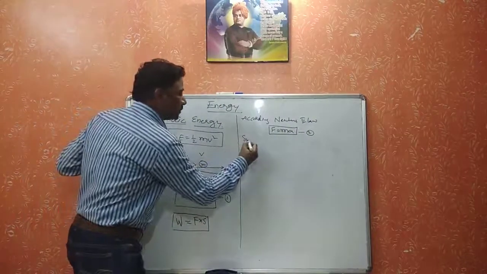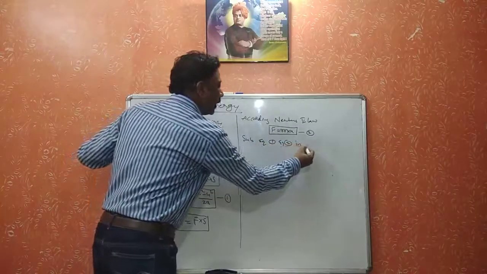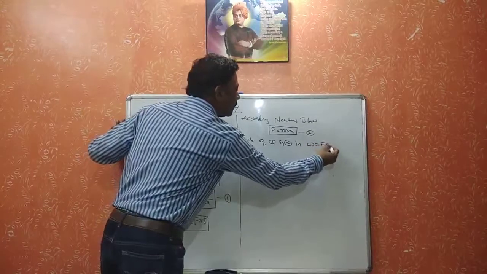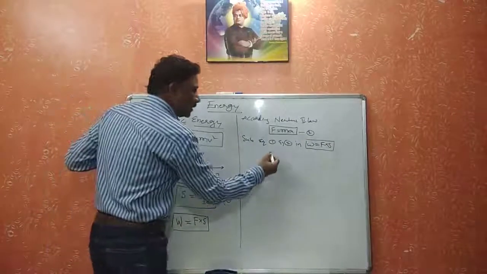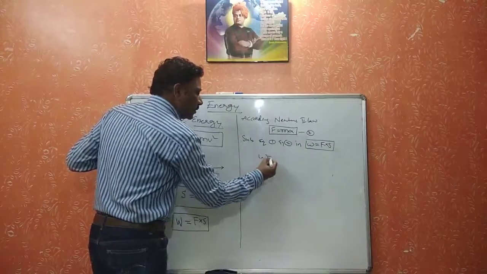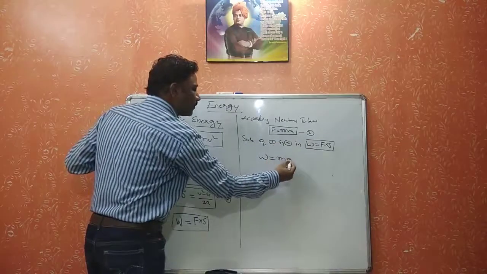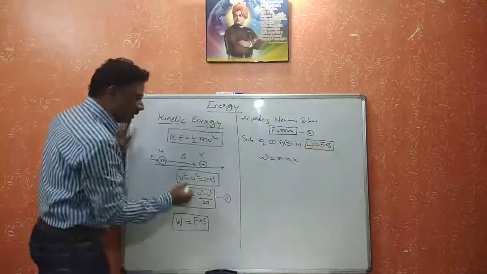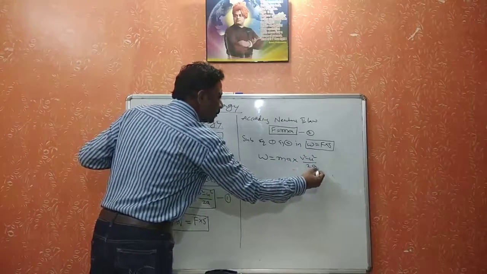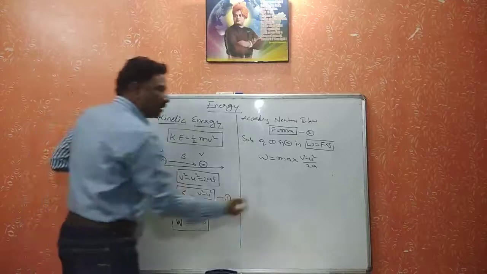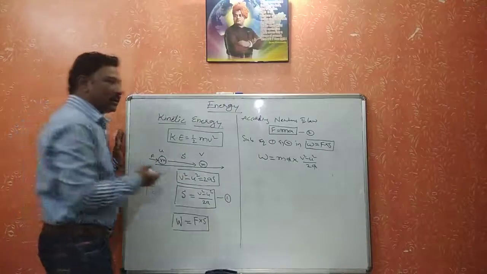Now substitute equations 1 and 2 in W = F × S. Now substitute the values. Here I am writing, W = F × S. In place of F, what do we have to write? ma into. In place of S, what do we have to write? (v² - u²)/2a, whatever we have got here. Now cancel this a. Acceleration gets cancelled. Now what can we get here?